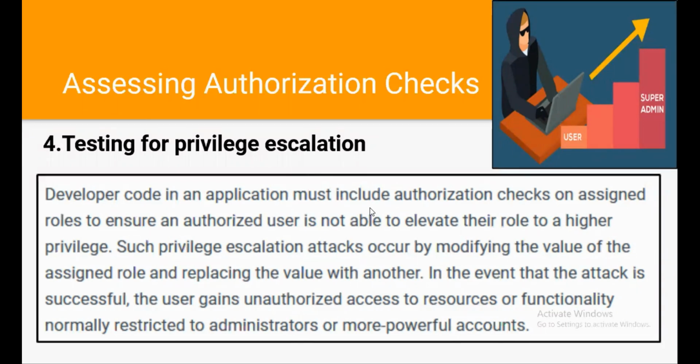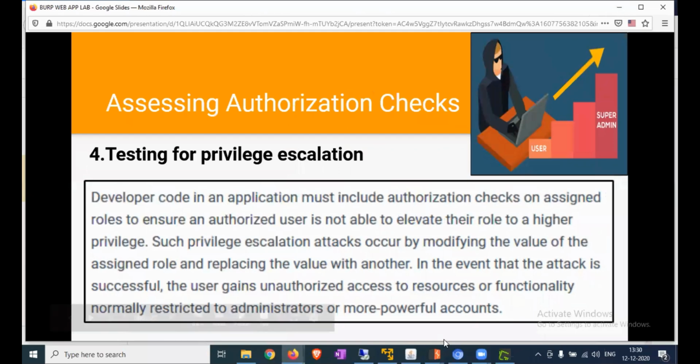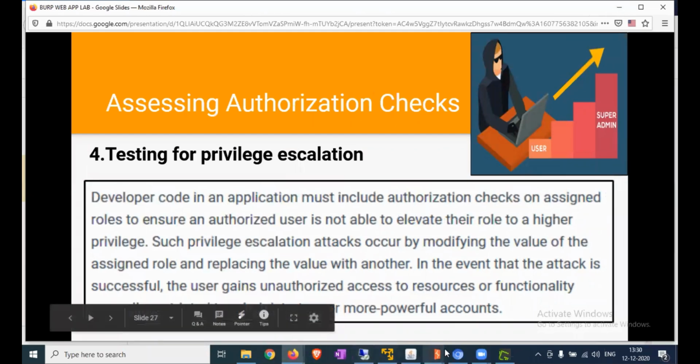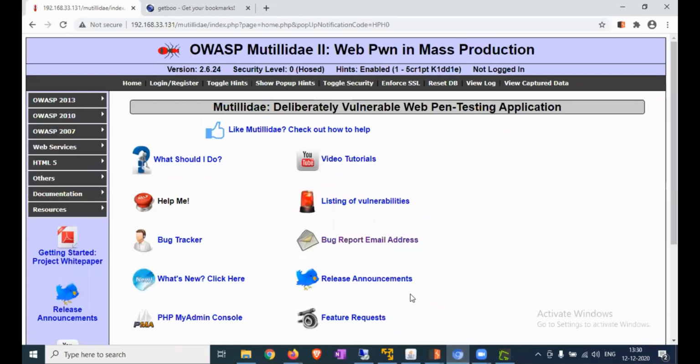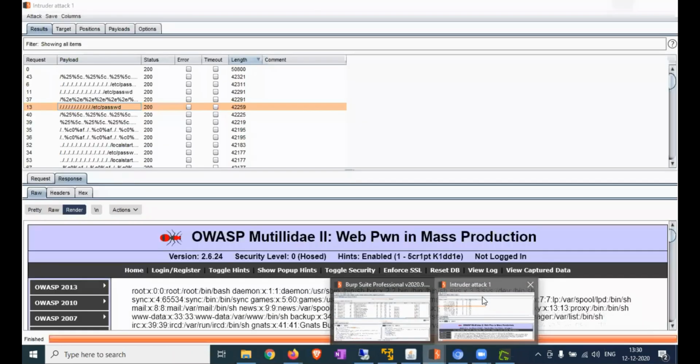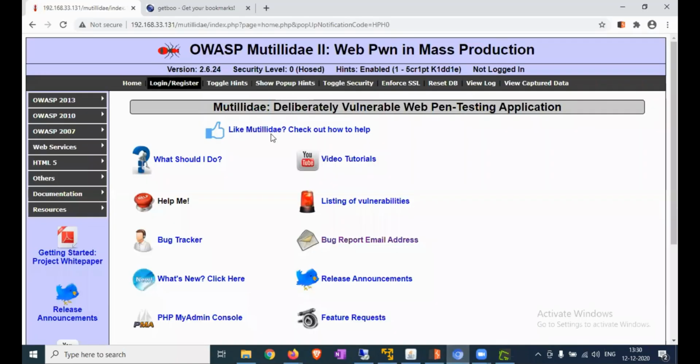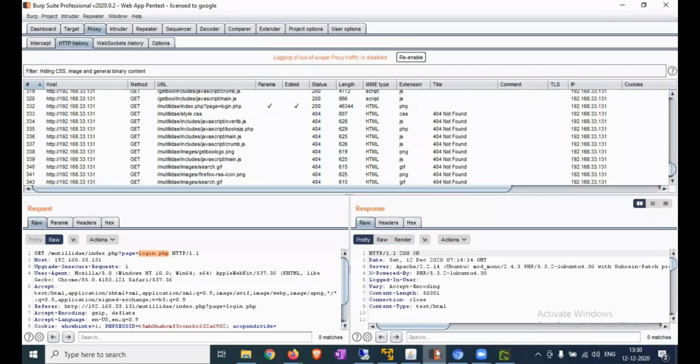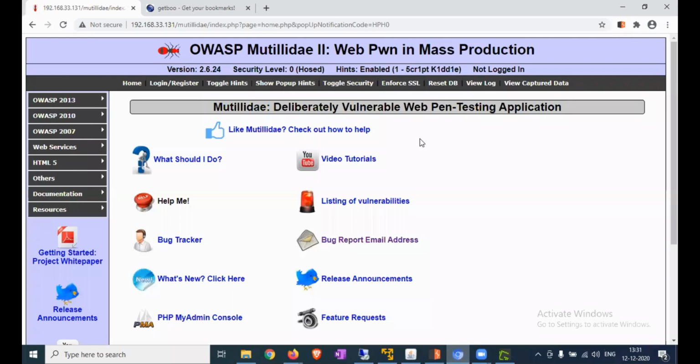Now we are going to do the practical for privilege escalation. So just open our lab. Now just click on login.